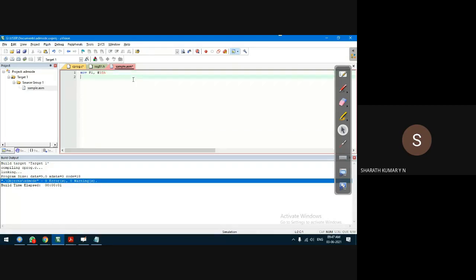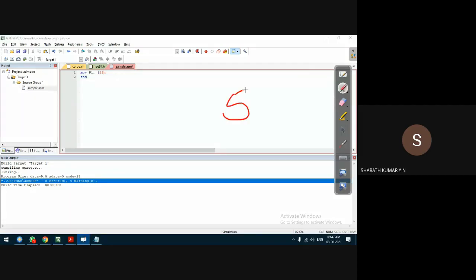I'll put an END at the end, because the compiler will generate a warning and I don't want to see a warning at this point. What I'm trying to do is transfer data 55H into port P1. You can take any port. Port P1, no problem.